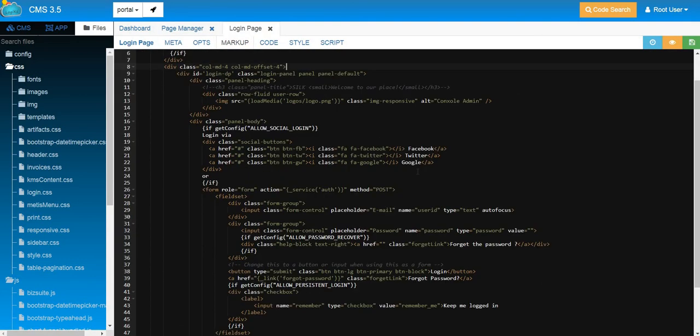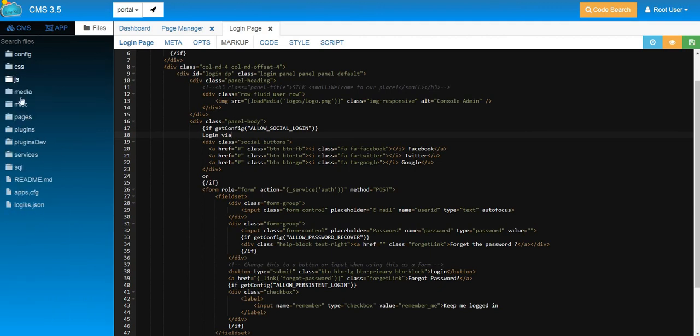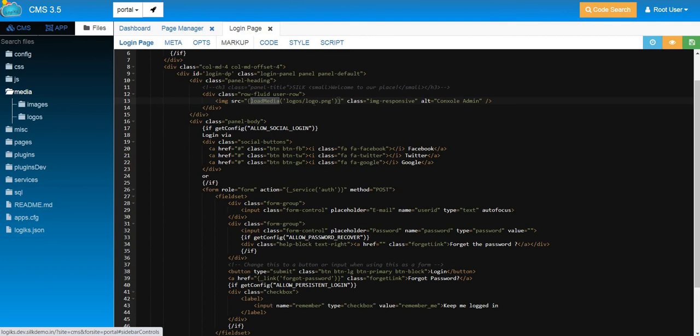So here, if you want to call any file from your file manager, if you want to load any image into your system, you need to upload it inside the media folder. And to give a call to that link, you need to call it using the load media function. This function will give you the path till media followed by your folder name, then file name. So whenever you are writing this code, it will go inside media and search for that file. So we have given the folder name as logo/logo.png. So it will go inside media and search for the logo folder. Inside logo, it will search logo2 and it will display it on the front.